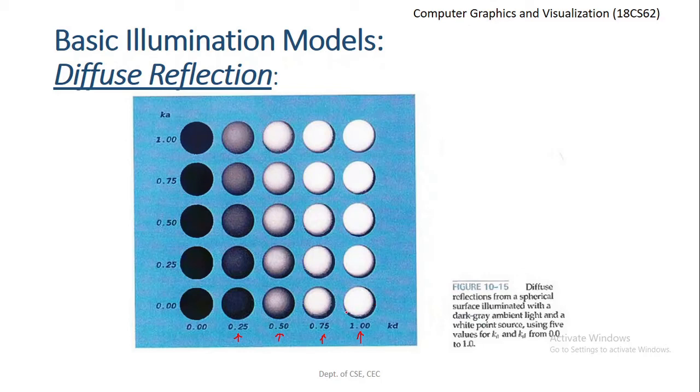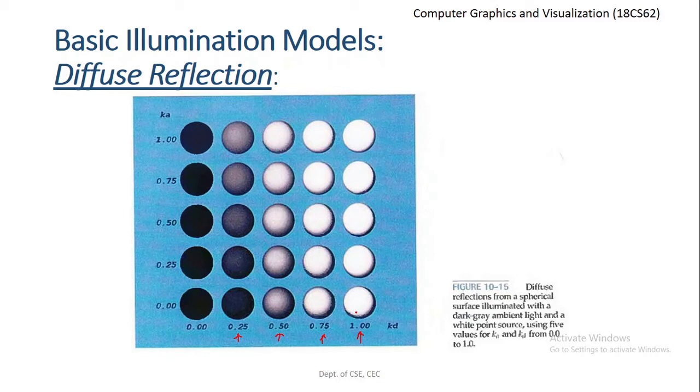As we are moving towards the back of the sphere, the light intensity varies. The intensity is slightly degraded there, so we have dark shading at the end. This diffuse light is basically used to understand the surface orientation. Highs and lows on a given surface can be clearly identified taking into account this diffuse reflection model. Depending upon the surface orientation, every point on a surface may vary in intensity.